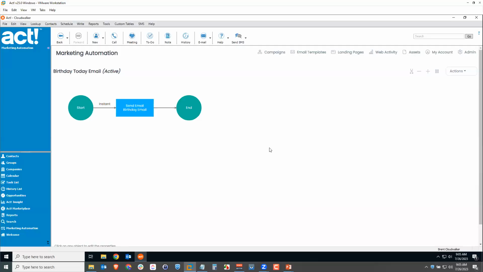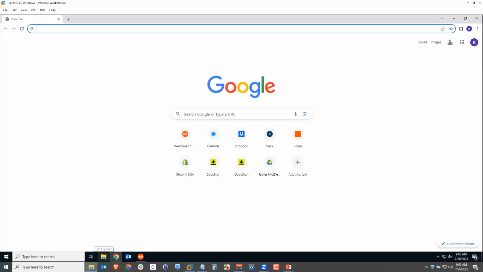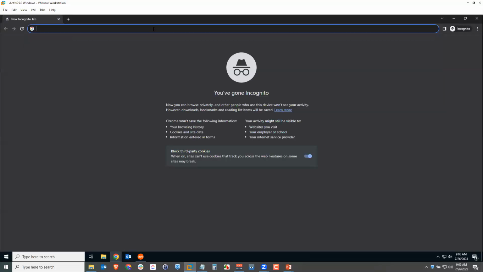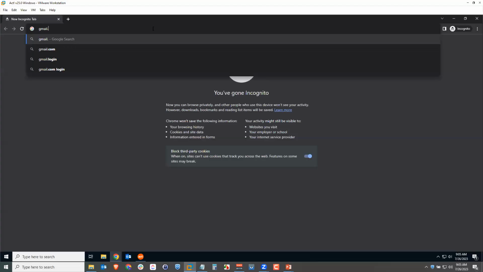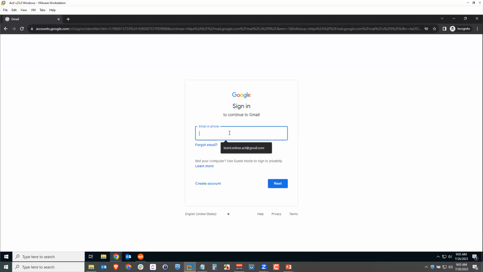Now it sends it out in specific batches. I don't know how often it's going to send this out. It's pretty quick though. If I go to this email address, if I can find this person's email address. Let's see here. I'm going to go to Gmail, see if we get that email from him. mail.google.com. And I'm going to sign in as Charlie. I've got to remember what his email address is. Let me look that up real quick. I've got it saved